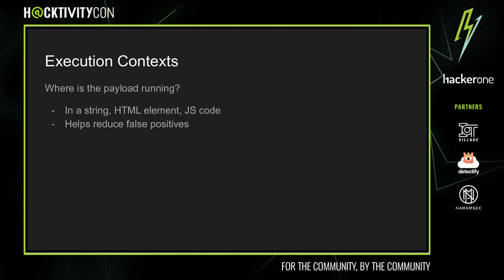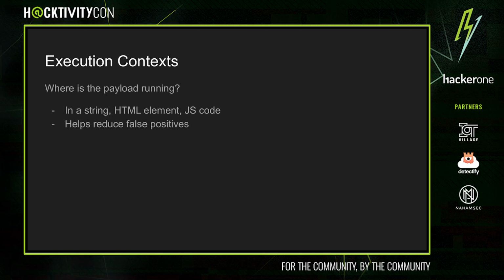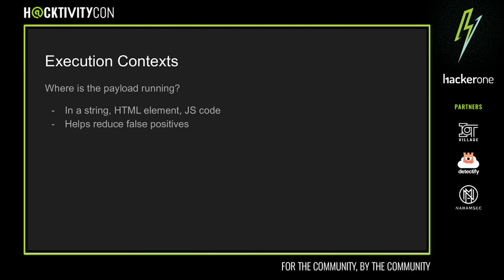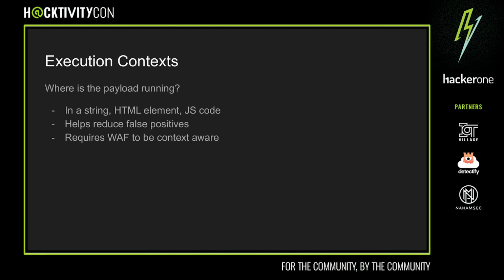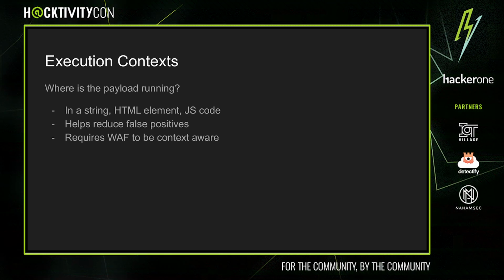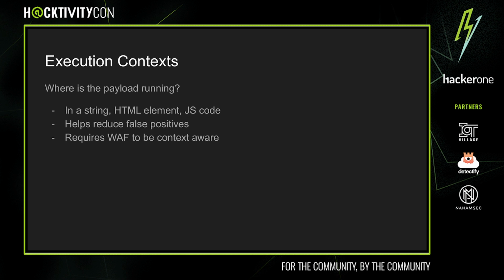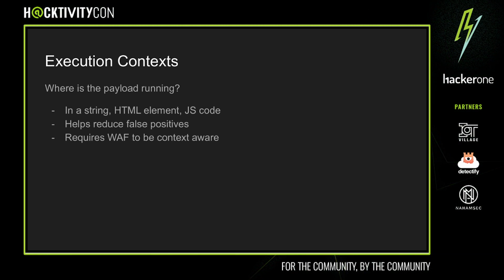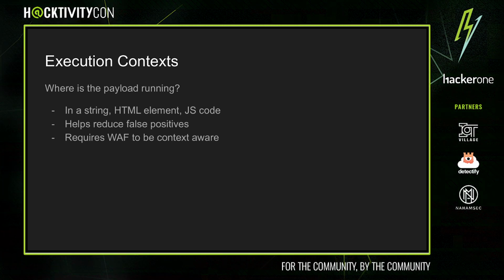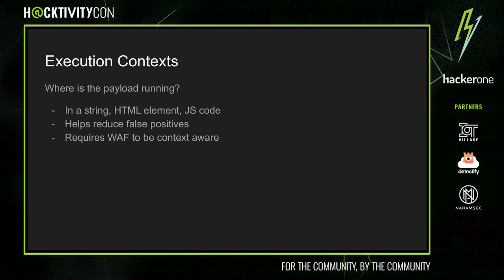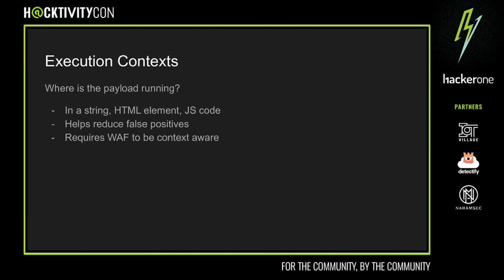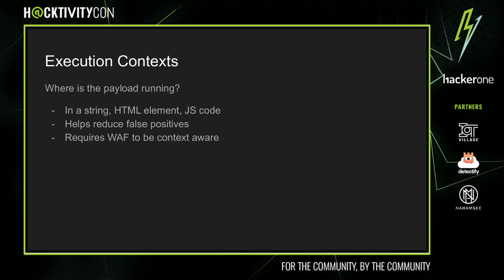By taking into account the execution context, we can greatly reduce the number of false positives. At the same time, this also increases the complexity of the WAF because it requires it to have some understanding of where the payload is being executed. Such a feature tends to appear more commonly in reflected XSS scenarios, but overall, this isn't too common, at least